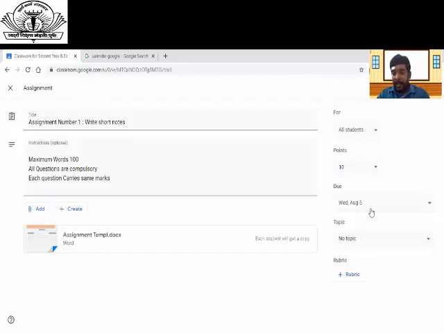This is the due date. If you want to create a topic for this assignment, you can create a topic. It is very simple. You can create a topic, that is, short notes. Now, here we can also create a rubric for evaluating the assignment, for giving grades to